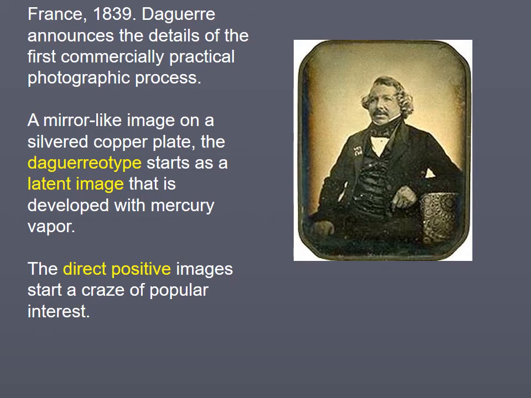So the image that you see in a daguerreotype is reversed left to right. The camera obscura created the image reversed left to right inside of it. The upside down and right side up can be overcome by simply turning the image right side up, but the left to right couldn't be overcome. So daguerreotype studios started popping up all over the world.